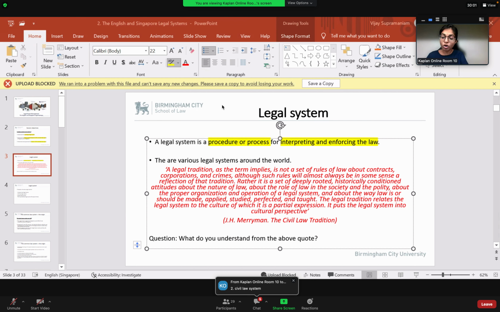When we speak of the common law system, I know that judge-made laws are generally known as common law, right? But the word common law has another meaning. Common law system means we're talking about the system itself, the proceedings. Civil law, I know, is generally classified as private laws, but I'm not talking about the laws, I'm talking about the system. The term that we use is the same.